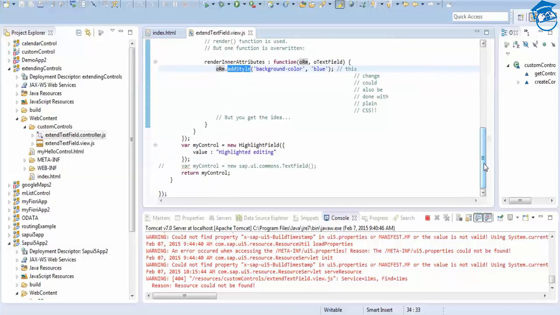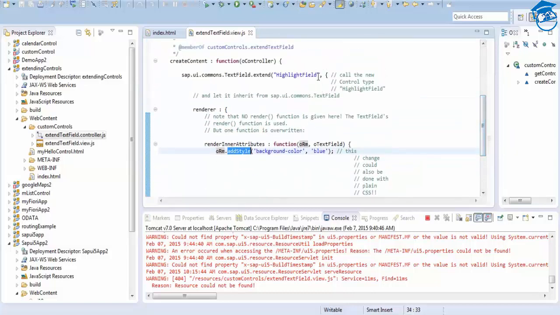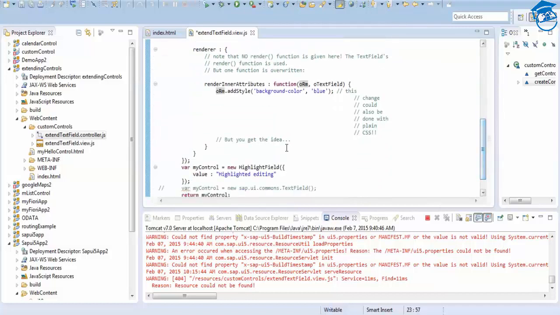And there is something called my control, that is how we use the new control which you have created, with the new keyword, and you just give the name. This name and this name should match. You can say this 2, and here also you get 2. They have to match, and only then your control gets created.